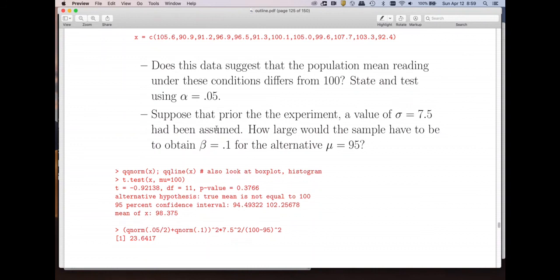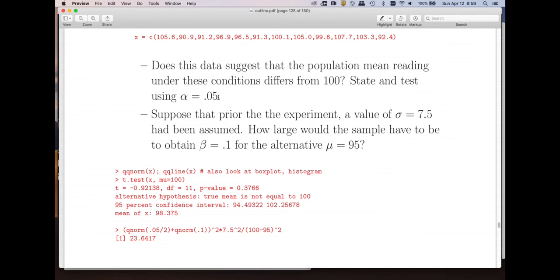So from previous work, we know that that's the standard deviation of the population. How large would the sample have to be to have a type 1 error rate of 10% and a specific alternative of 95? So if we're going to use alpha equal to 0.05, then my z value for this would be